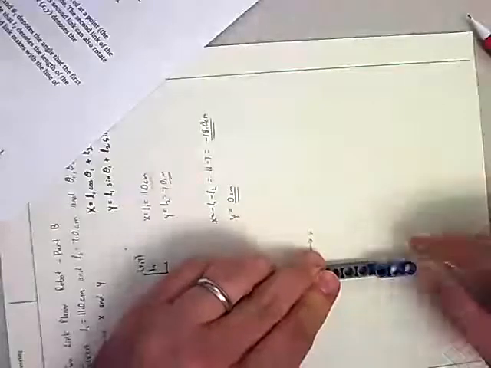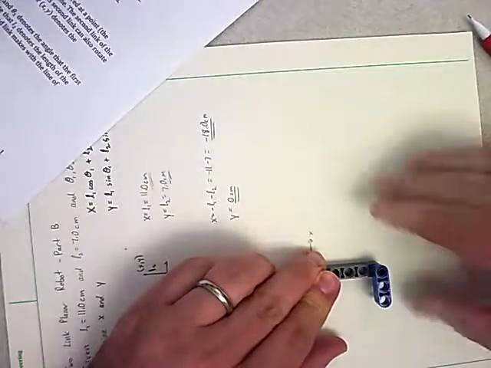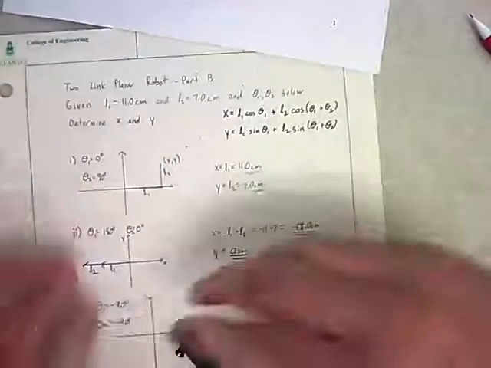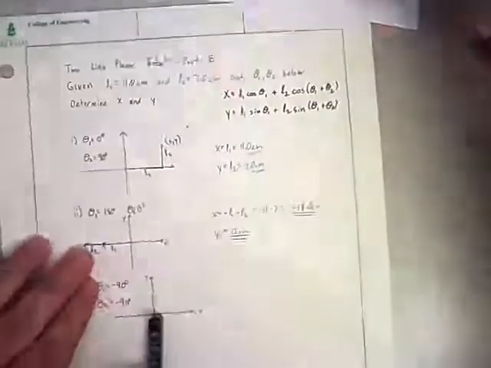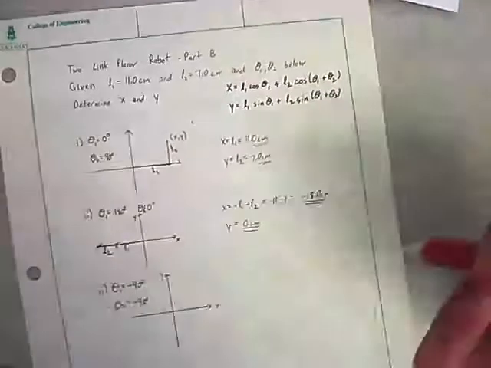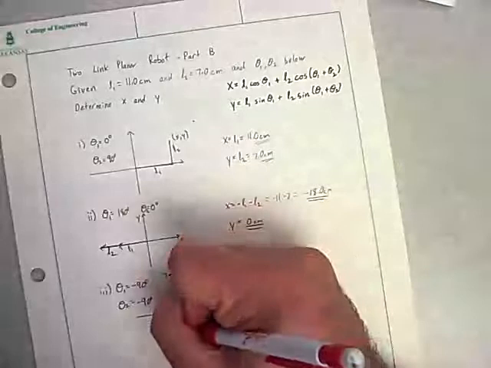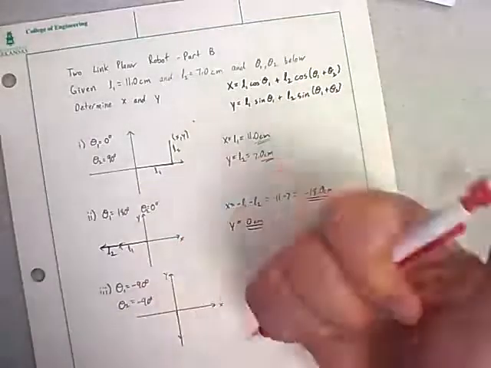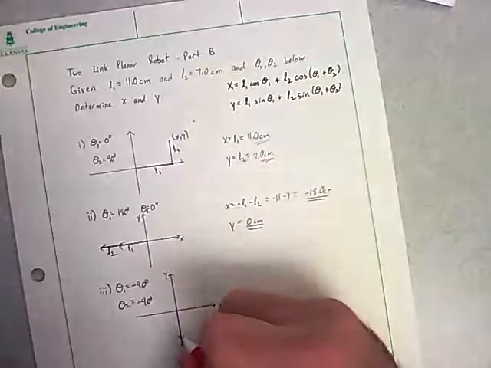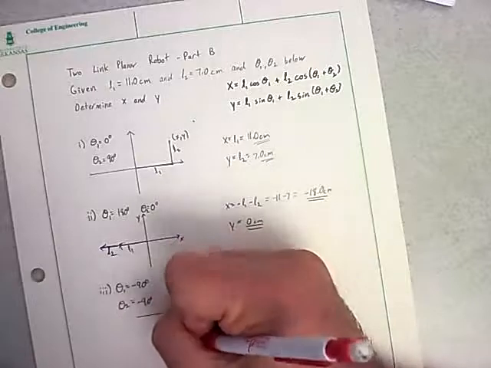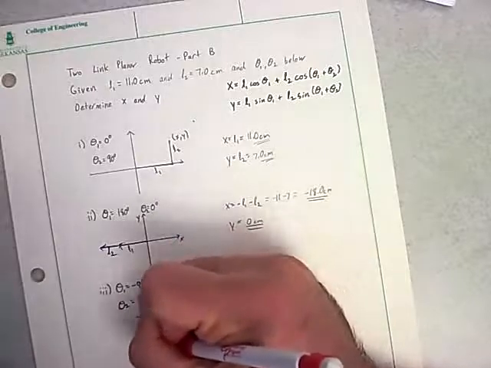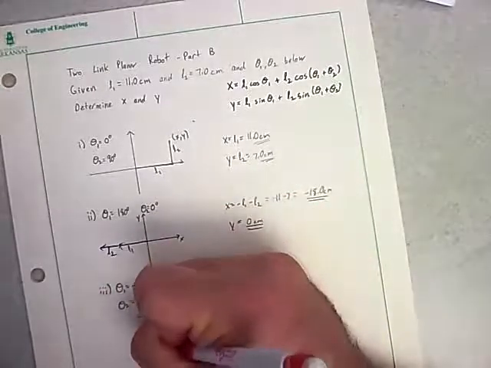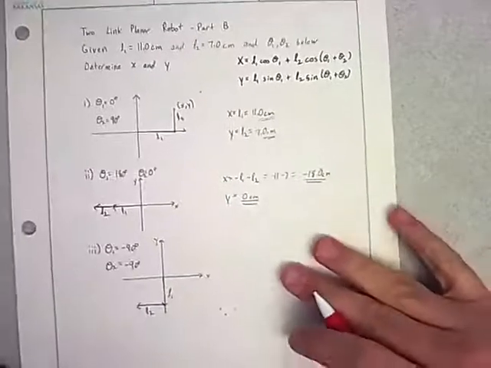So we've done theta 1. Now from this one we know theta 2 must rotate that way, and then I'll rotate it back to where everything's square. So what this one's going to look like is I'm going to have L1 going that way, and L2 takes off to the left,